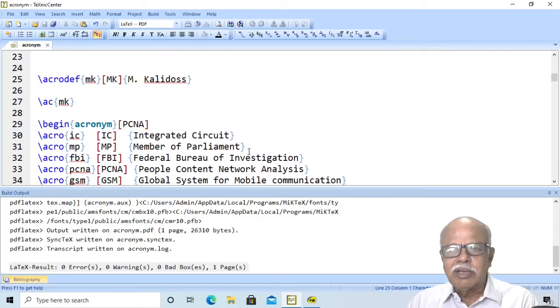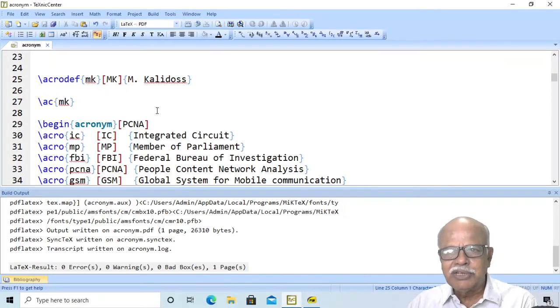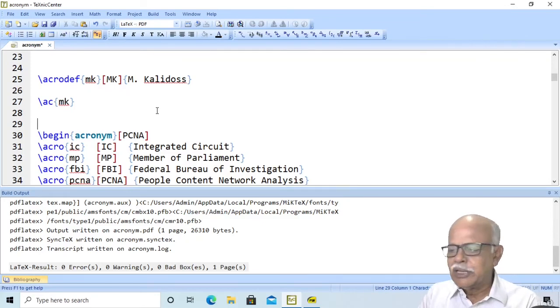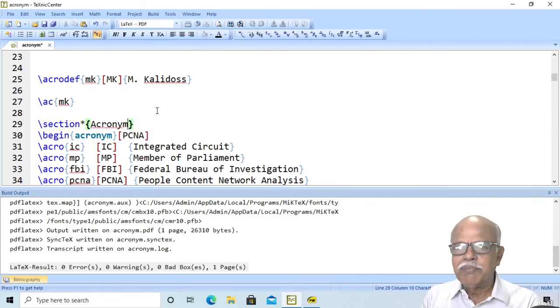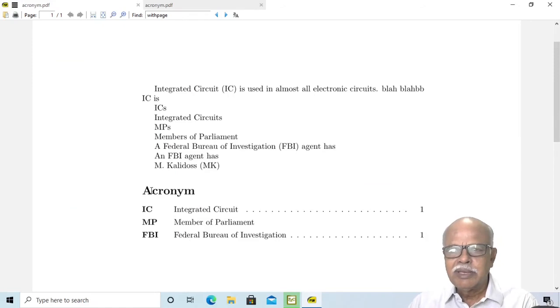One of the major problems with this package is that it does not give a name for this list; you have to give it manually. Let us say \section*{Acronyms}. Then you will have a title for this list.